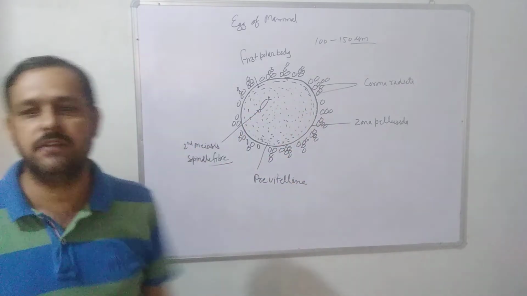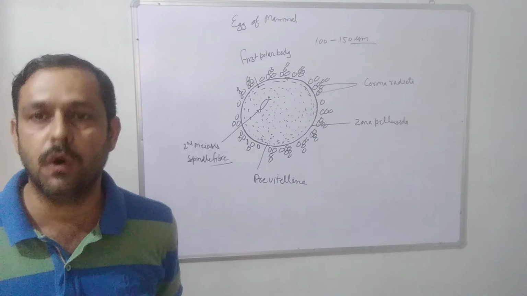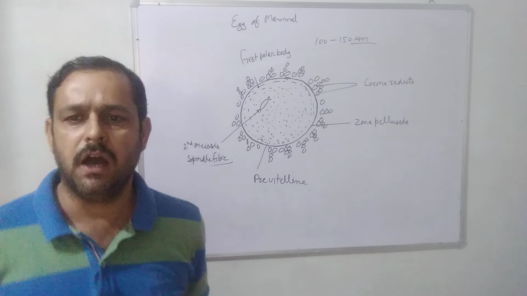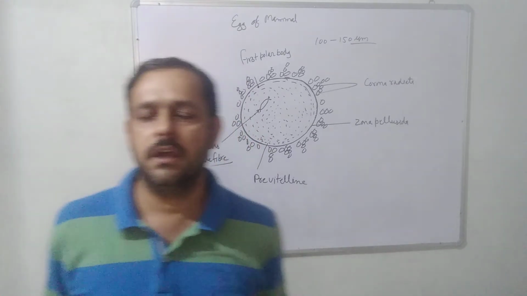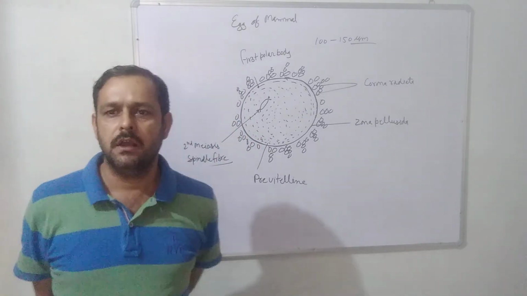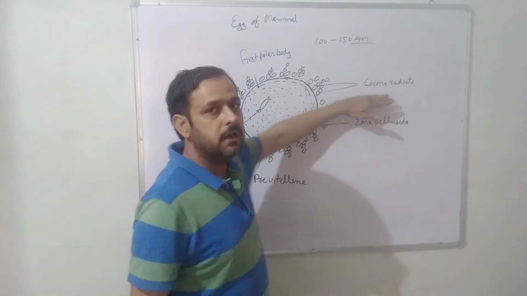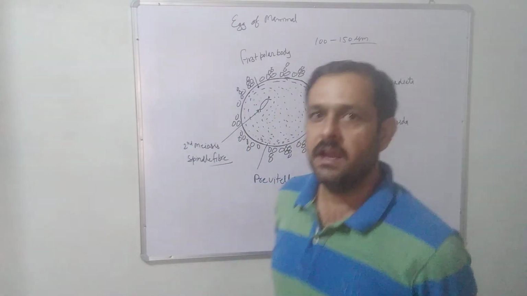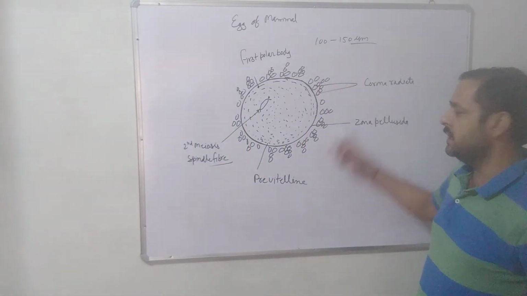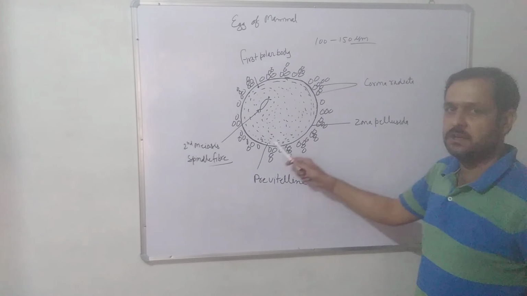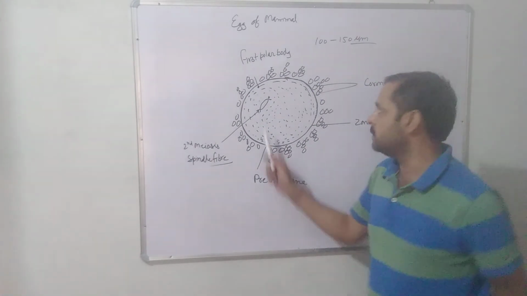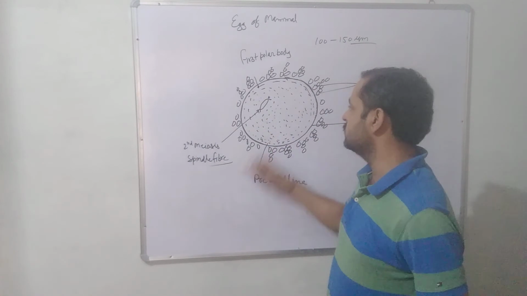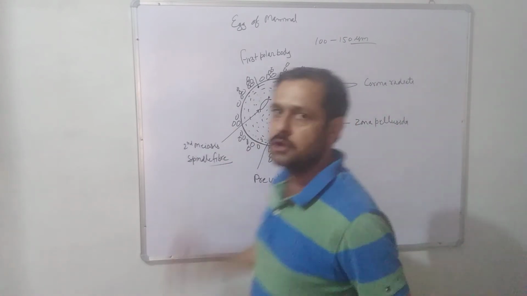In the zona pellucida, vitelline or yolk is present, but it is much less or negligible. Outside the zona pellucida, a covering of follicle cells called corona radiata is present; so many follicle cells cover the egg and make a membrane called corona radiata. On the inner side of the zona pellucida, the pre-vitelline membrane is also present, and the first polar body is also seen in this egg, along with spindle fibers made by meiosis second.